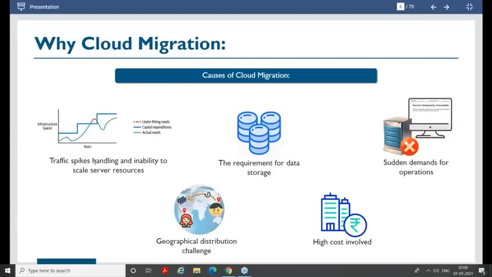All of this was making it difficult to keep your infrastructure running in your on-premises.